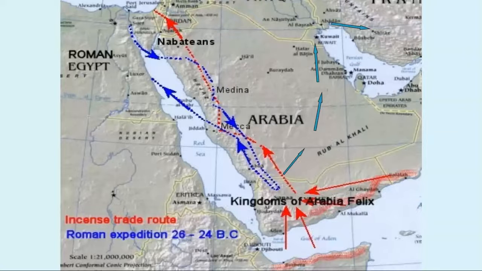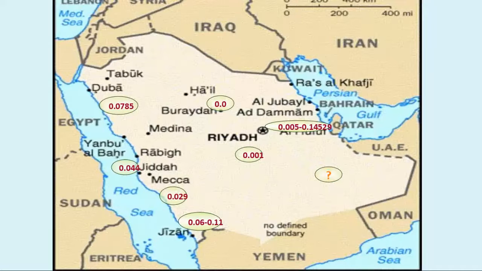Traders from Africa crossed the sea to reach the Arabian Peninsula, and they would travel from Saudi Arabia, from the Arabian Peninsula, to the east and to the southern part of Europe through these trade routes. And on the trade route, they spread the gene to these areas because they kept mating with individuals from other communities. In Saudi Arabia, you can see the spread of the disease mainly in the eastern province